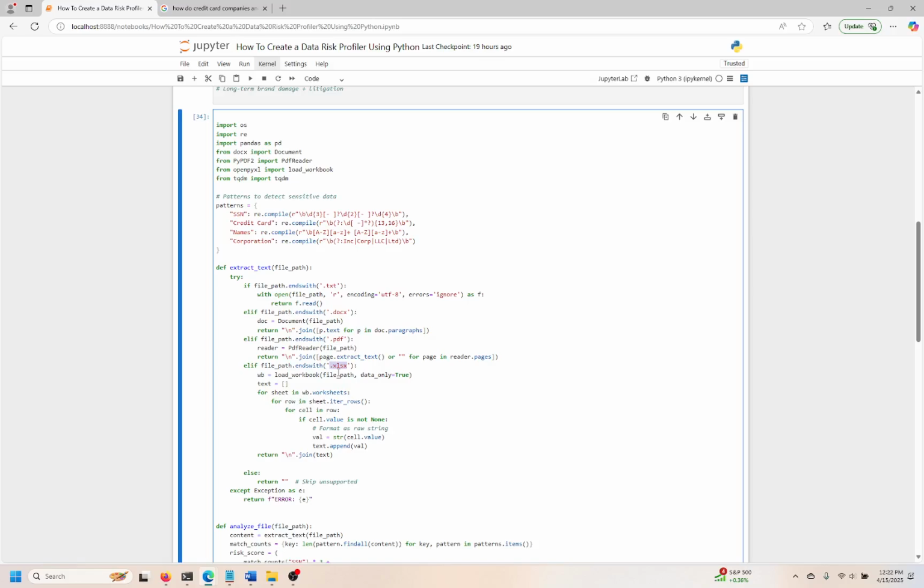Now, obviously, there's other types of files. You can have an XLSB, which is a binary Excel file. You can have an older XLS file. I think that changed back in, when was that? I don't even know, 2007 or something like that. But there's a whole bunch of different formats for Excel. That's the point, right? So you can scan through different types of files because they're all going to